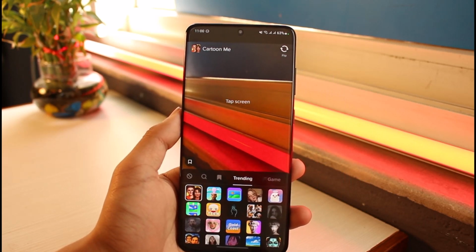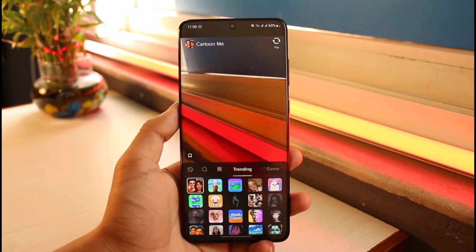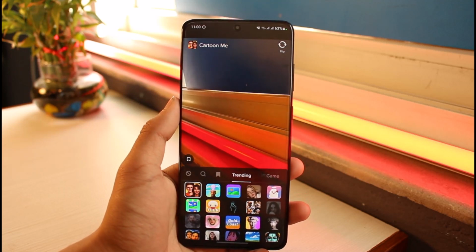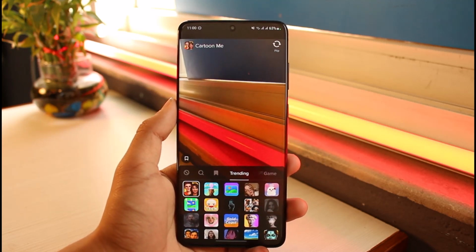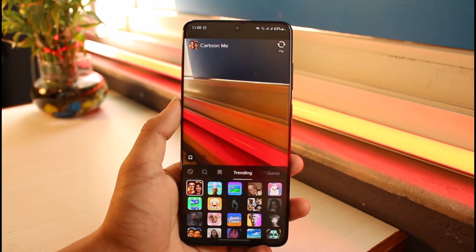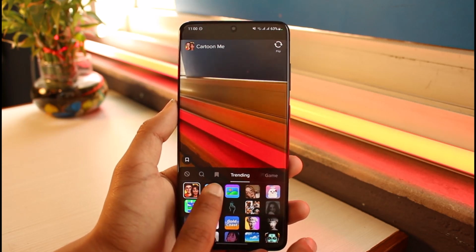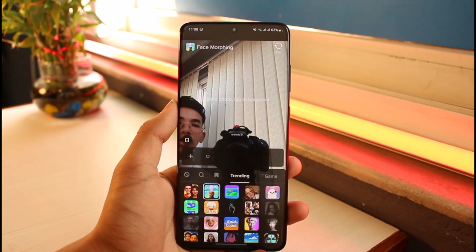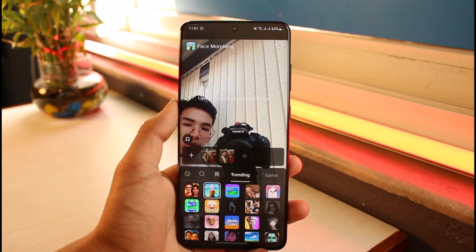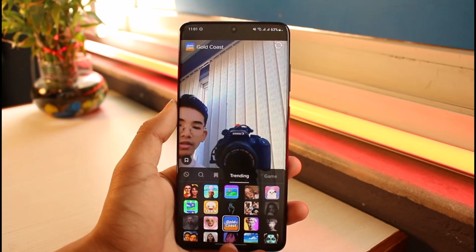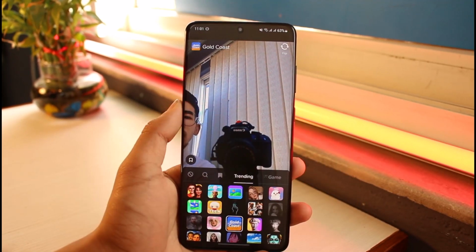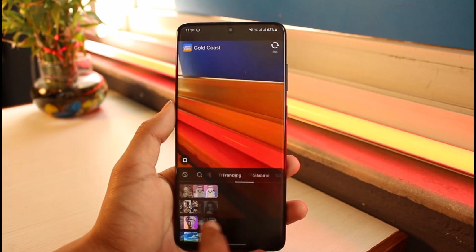Now different types of effects will require you to perform certain types of actions. Some effects will require you to pull out your tongue. Some effects will require you to face a certain direction. Some effects will have you conduct some activities depending upon what you want. It says upload a photo and then tap to transfer, and then you also have some other uploads that you might want to use. Depending upon whichever type of filter you want, you can just go and apply them,